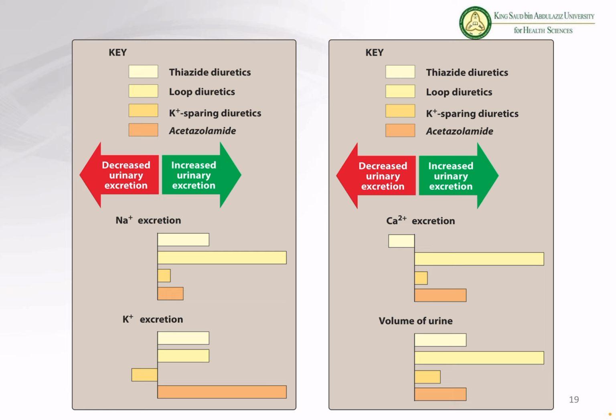So clearly it is the loop diuretic. And we also discussed that the loop diuretic is the most efficacious diuretic because, if you see the mechanism, they inhibit the sodium, potassium, 2-chloride co-transport. So sodium excretion is high with the loop. If you see the potassium, thiazide and loop are almost the same. And then we have the potassium-sparing diuretic. I explained to you why they spare the potassium.